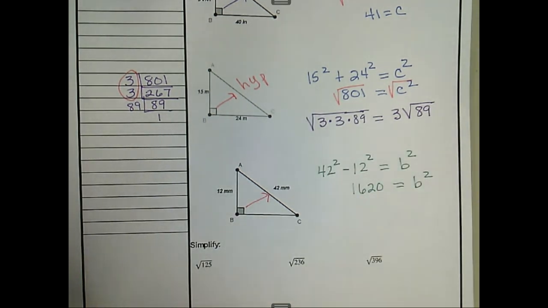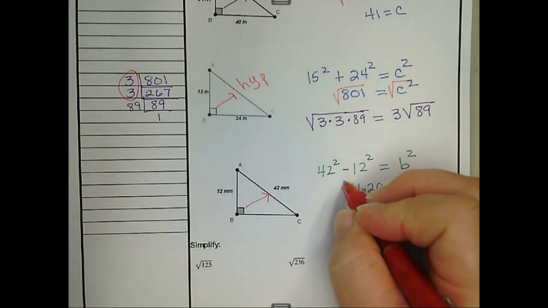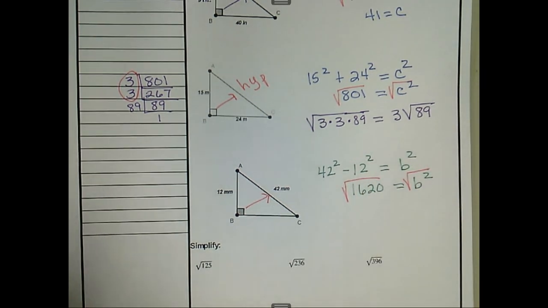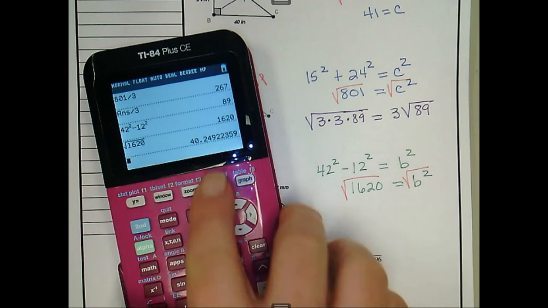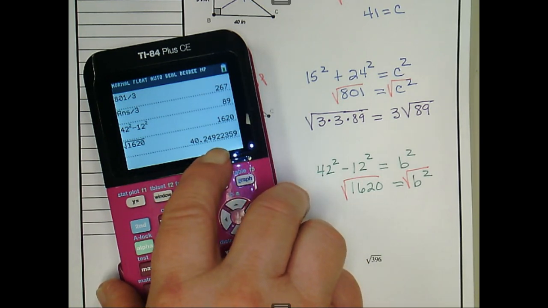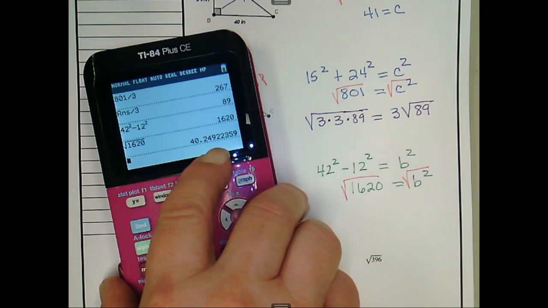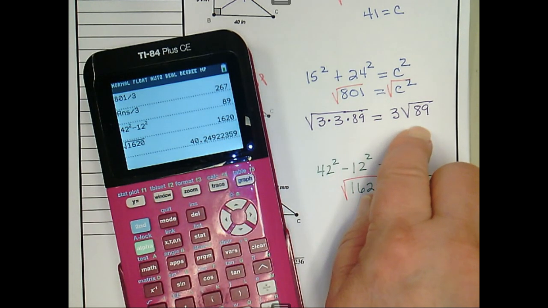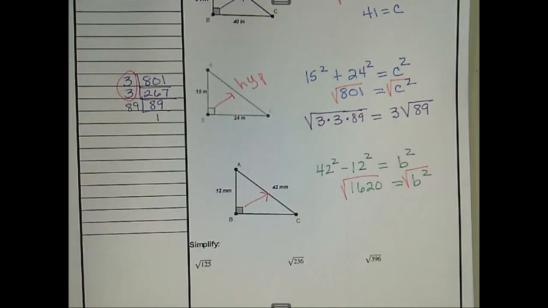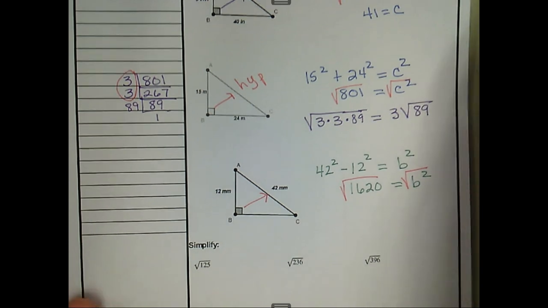Now we're going to square root. So I'm going to take the square root of 1,620. It is not a whole number, so I have to simplify. If they ask for exact length, they do not want this approximation. They will want to see your radical sign. That means exact. Okay, so I'm going to do the